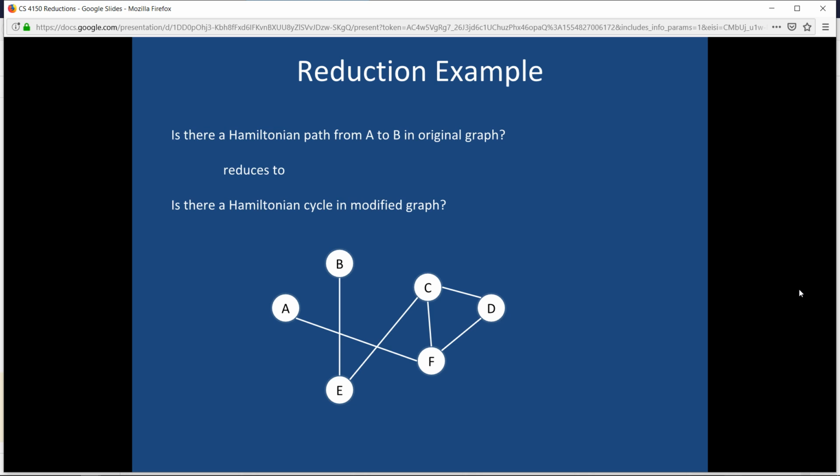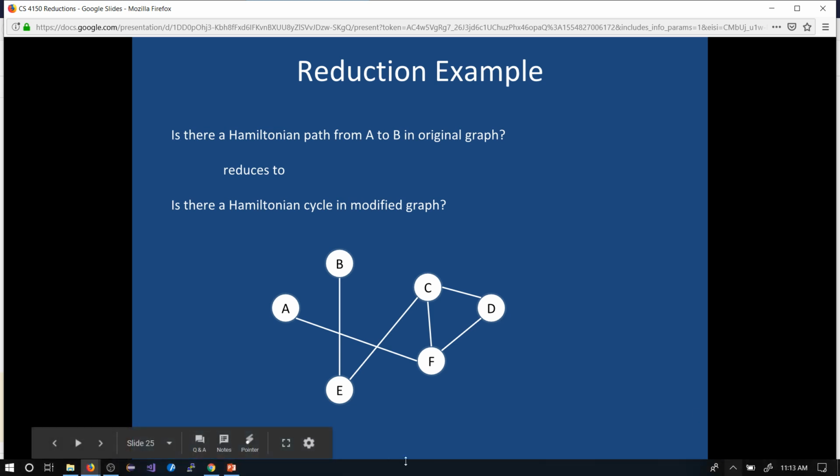All right, we want to reduce the Hamiltonian path problem to the Hamiltonian cycle problem. In other words, we want to know if this graph contains a Hamiltonian path from A to B, let's say. And we happen to have hanging around an algorithm that'll tell us whether there's a Hamiltonian cycle or not. So we want to trick Hamiltonian cycle into solving a Hamiltonian path problem for us. And what was the solution we came up with? Adding an extra point for a vertex between A and B. Right, so what we did was